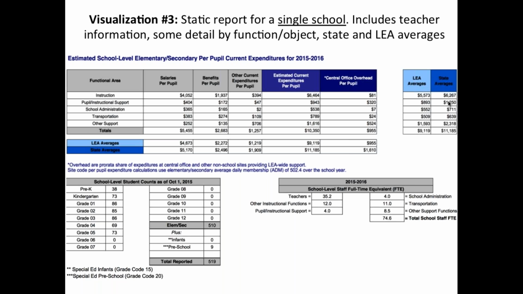Is it more or less than other schools with similar student demographics? Well, we have some good demographic information here, right? We have some great enrollment information. We can tell if a school is a big school or a small school or things like that. But we don't have that for the comparable ones. And really, this is kind of more of a school-centric report. Is it more or less, number 4, than other schools within the same state? Well, we do know it's more or less than the average. What we can't really do is get the range or see the spectrum using the static report.